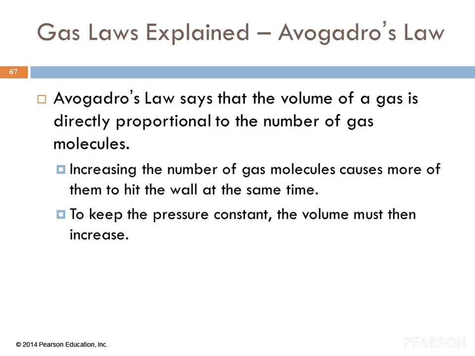Avogadro's law. Volume is proportional to the number of gas molecules. You put more gas molecules in, then more are going to hit the wall. In order to keep the pressure constant, you're going to have to increase the volume. So if you think about gas particles, like the blip in the Pong game, and think about what happens when it hits the wall, that's exerting a force, and force divided by area is the pressure. If you increase the temperature, the particles move faster. You can logically think out all these gas law relationships.